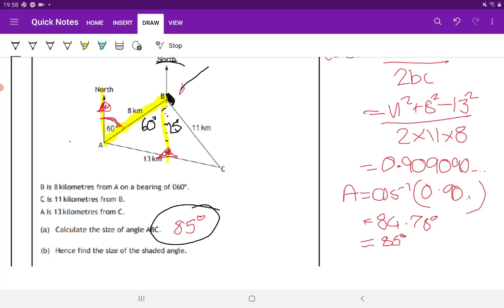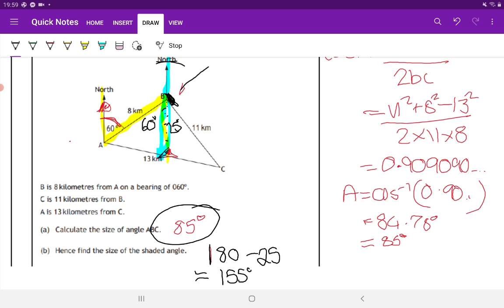Now we're still not there, we've still not got the size of the shaded angle, but we're oh so close now. Because what we also know, remember guys, is that this north line that I've extended is a straight line. And what do the angles on a straight line add up to? They add up to 180. So the shaded bit, the bit that's left that we're trying to get, is going to be 180. Sorry guys, my tablet's been weird tonight. Take away that 25 that we've just worked out, and that'll give us this shaded bit here that's left. So if we do 180, take away 25, we get 155 degrees, and so that's the size of the shaded